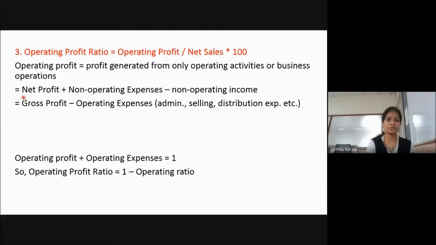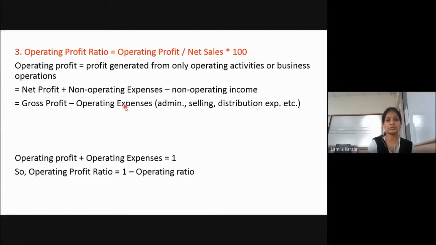The other second formula is easier to use. What we are doing here, from gross profit, we are just minusing operating expenses, means business operation related expenses. In cost of goods sold, we cover only direct expenses which are related with production and manufacturing. Apart from that, what will be there in business? There will be some office work, some distribution work, sales work. So all that is again business related activities, and that is called operating expenses. But they are indirect in nature.